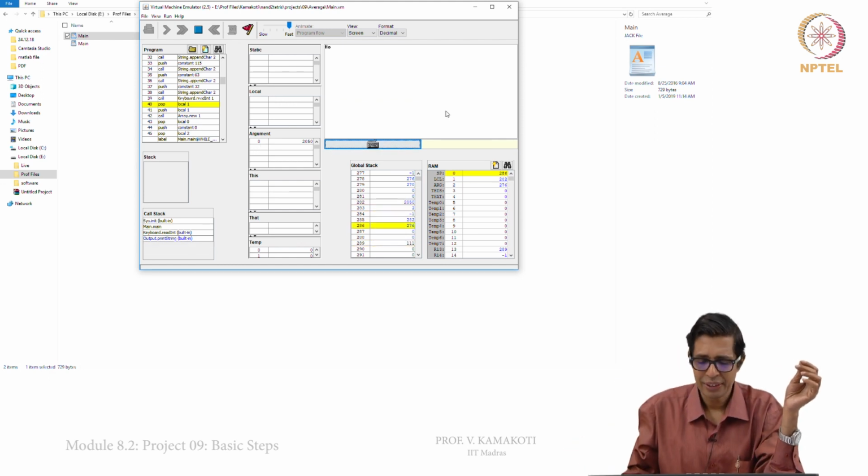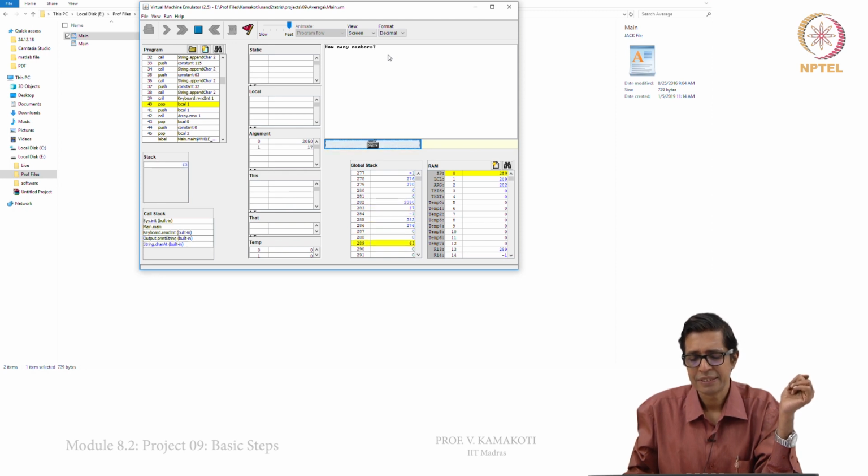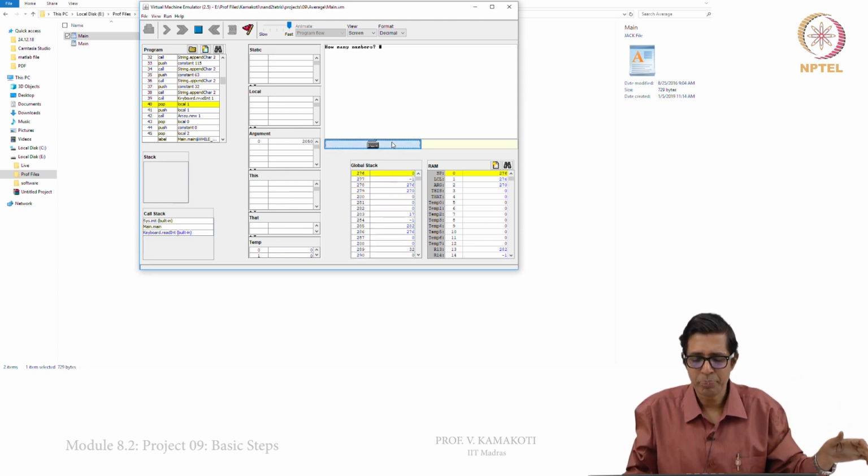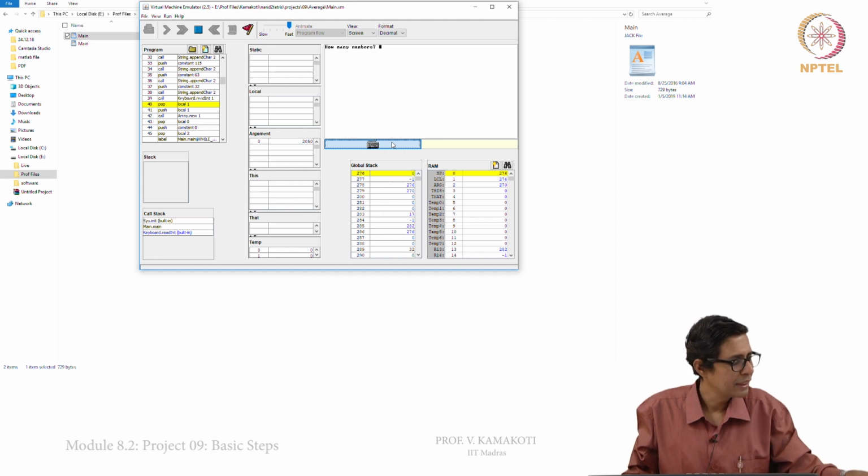At this point, you just see that it is waiting, it has come to the Keyboard.readInt. So, this is asking you how many numbers slowly. Yeah. So, now we have to press the keyboard and say I want 2 numbers, and then keep pressing the keyboard.